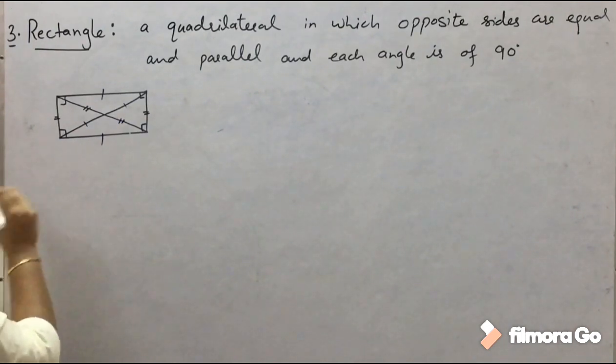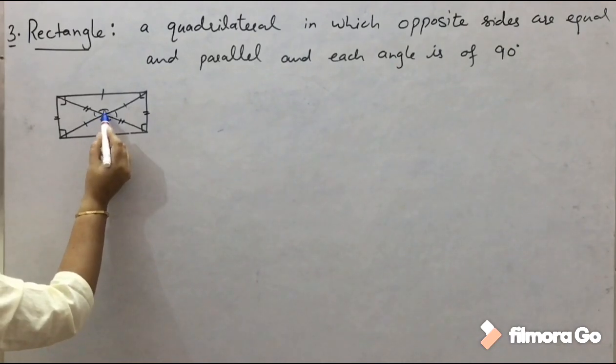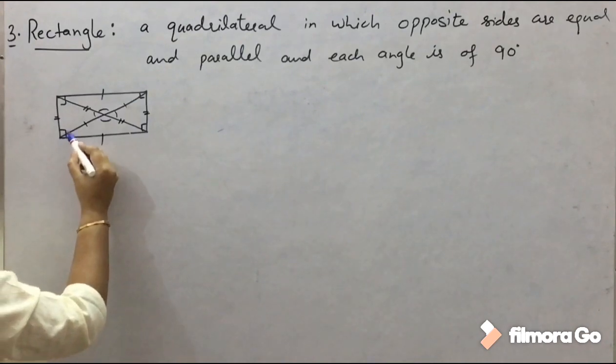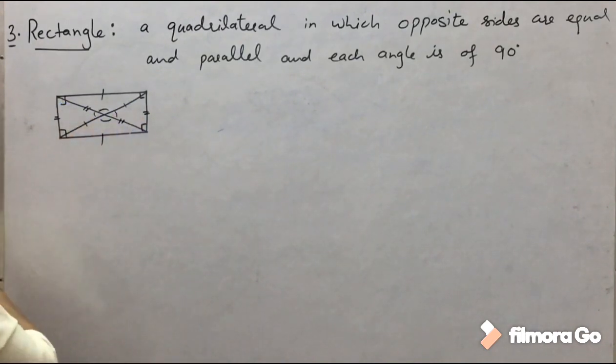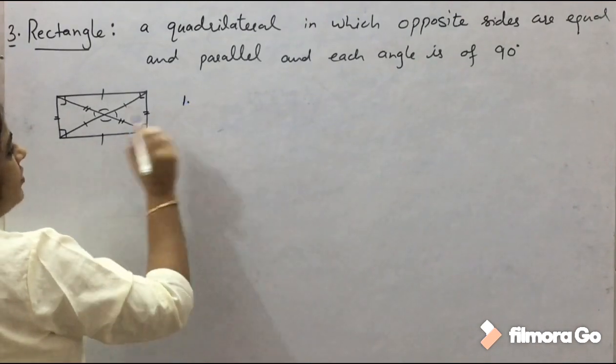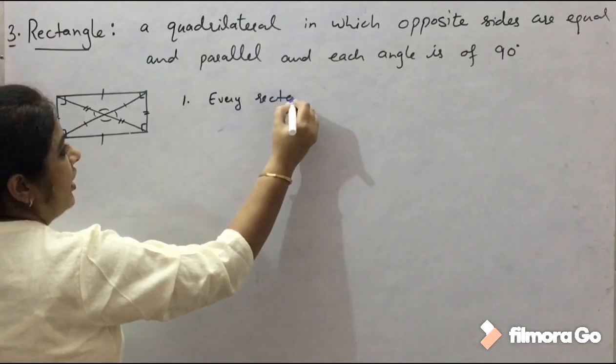Now the angle between the diagonals, one is acute, one is obtuse. Diagonals are also equal, by the activity we have seen. So what are the properties? So every rectangle is a